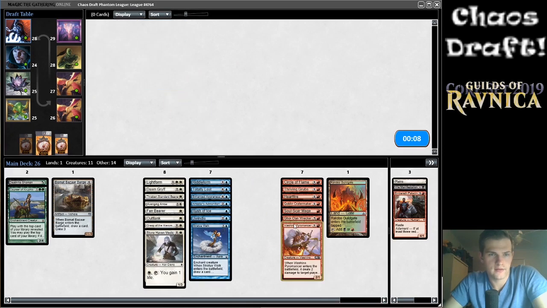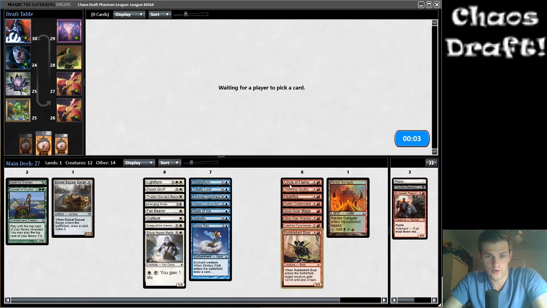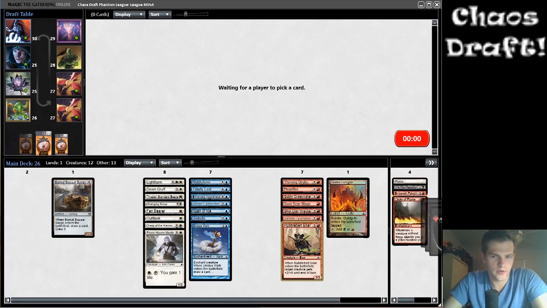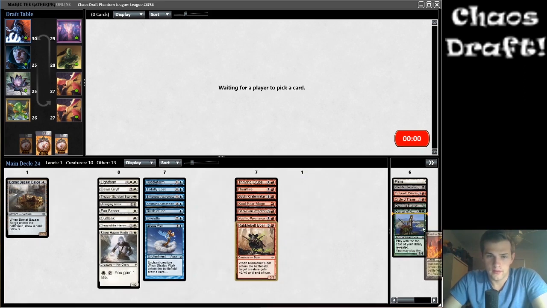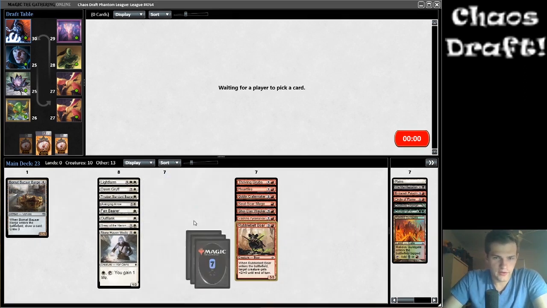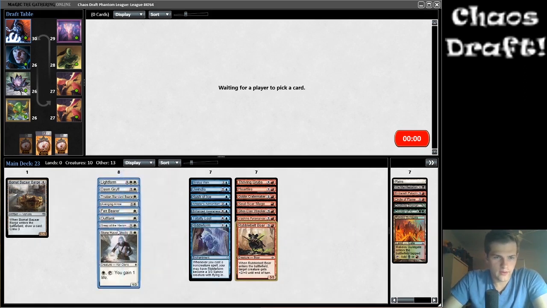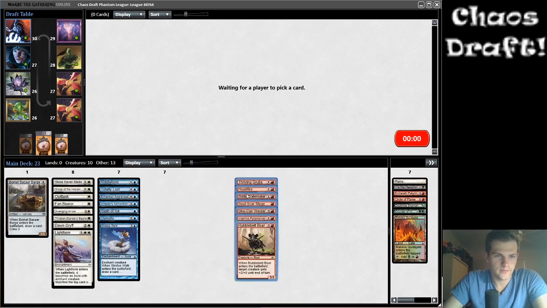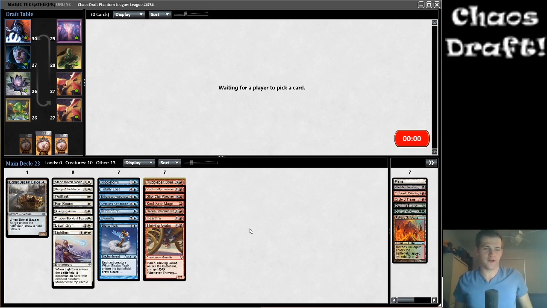Wow. Okay. I guess red is open. So definitely green isn't open. So we're either blue-red or white-red or white-blue. Oof. Well, we're going to be having to figure that out. It might be a thing where we can...